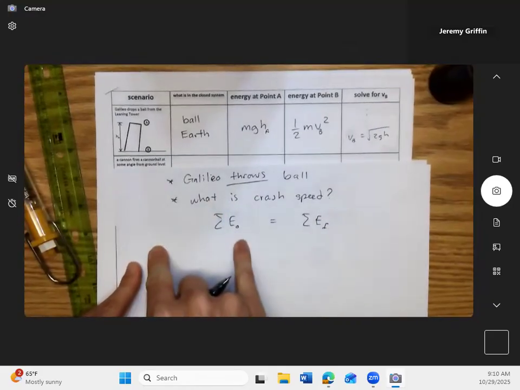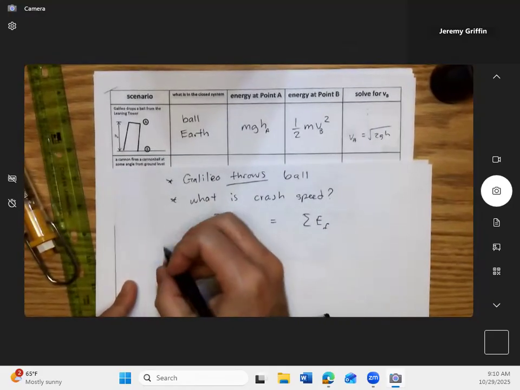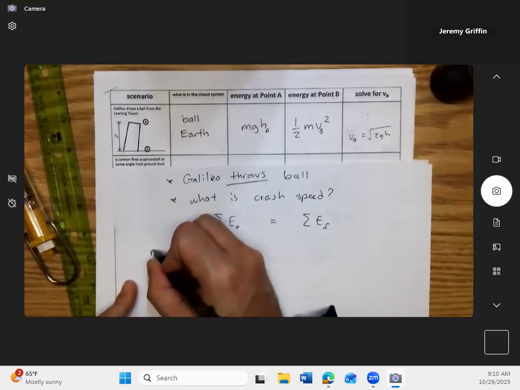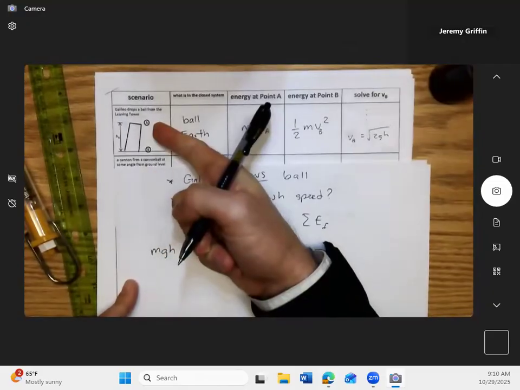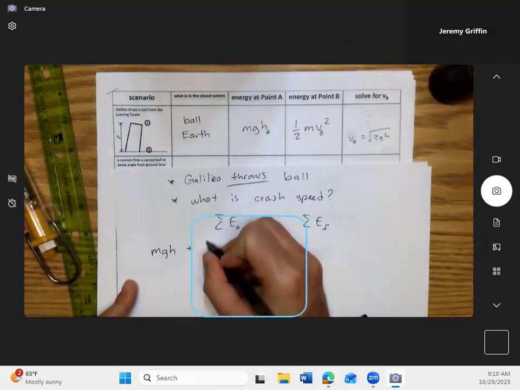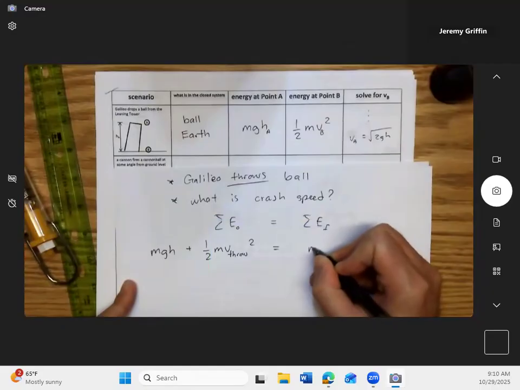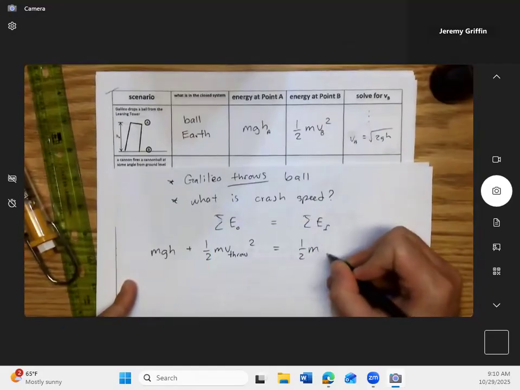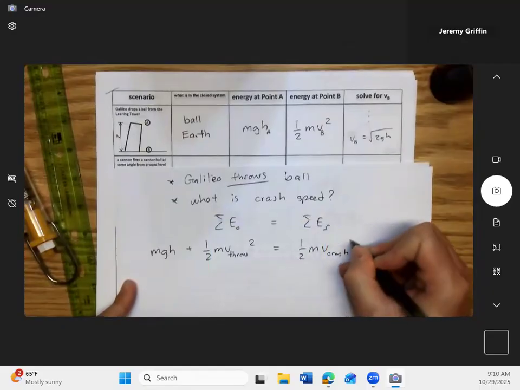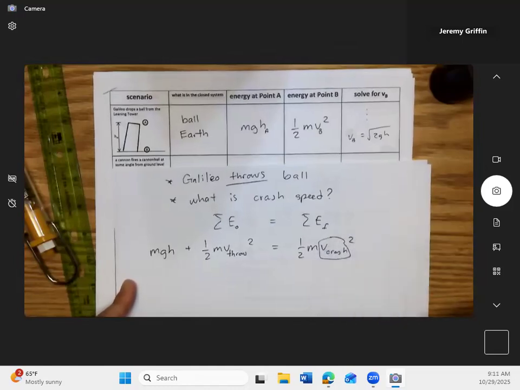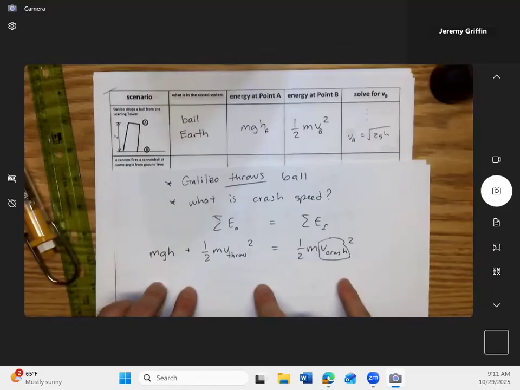Okay. Guys, what kind of energy initial? Yeah, kinetic and potential. So yes, it has some mgh because he's still at the top of the tower. But he's also throwing it, so it's 1/2 m v throw squared. And that becomes 1/2 m v crash squared. Okay, you guys get that? We're solving for v crash. Now, guys, before we go chugging through a bunch of algebra here,